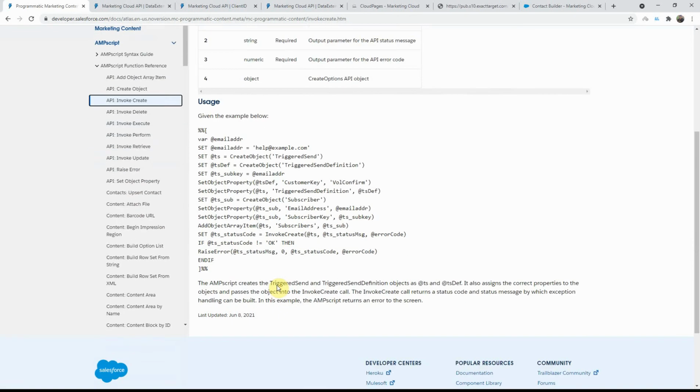So we will be actually creating a data extension as part of our sample scenario today, and for that we will use the invoke create. Okay, so you can see an example here as well. It uses the create object, then the set object property, and the add object array item, and then finally it says invoke create, and then it will return the status code, and based on the status code, if it is not okay, you can actually raise an error as well. Okay,